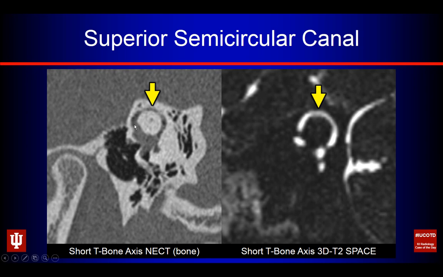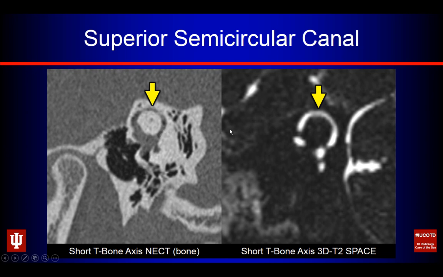Sometimes we refer to this as the shoot the hoop view on the CT, but this is a nice way of laying that superior semicircular canal out and looking to make sure that it's not dehiscent. Sometimes you get dehiscence of the bone overlying that. That can set the patient up for a Tullio phenomenon. If you clap or cause a loud noise, it can induce vertigo. That's a feature of a third window